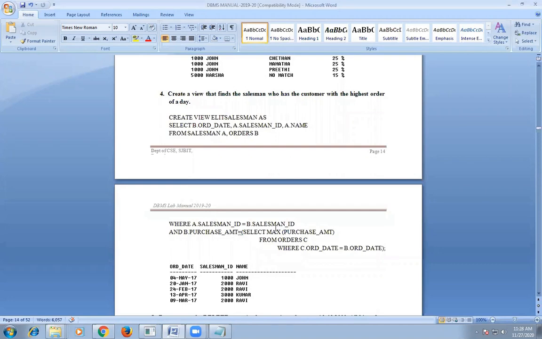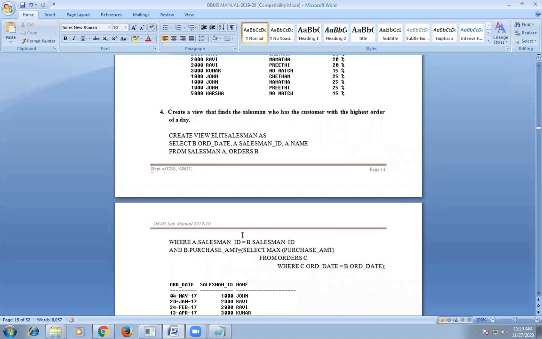Here also the same query has been written by using the nested concept. In the inner query, we are selecting the maximum purchase amount. That is how you find out the highest order of the day: based on the maximum purchase amount, we can find the highest. So select the maximum purchase amount from the order table here. Then that result will be compared with the outer query. Here we select order date, salesman name from salesman and orders, where the salesman ID is equal to